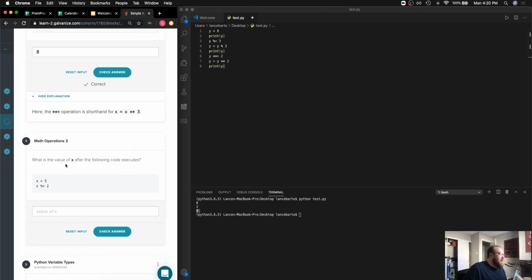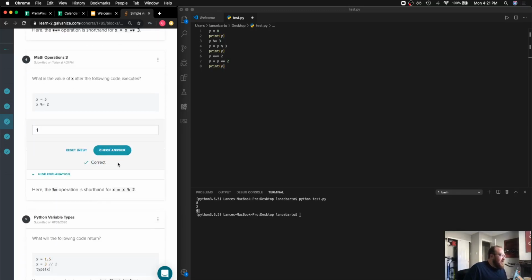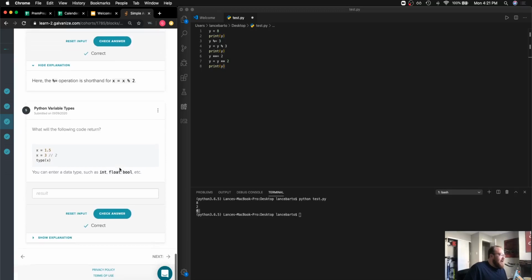And again, we're doing the modulo equals on this next one. 5 modulo 2 is equal to 1. 2 goes into 5 two times, and there's a remainder of 1. So our modulo division or remainder division has a solution of 1. And lastly,